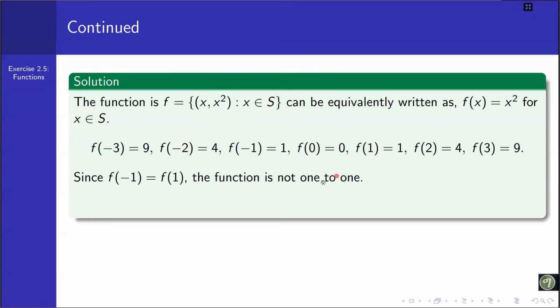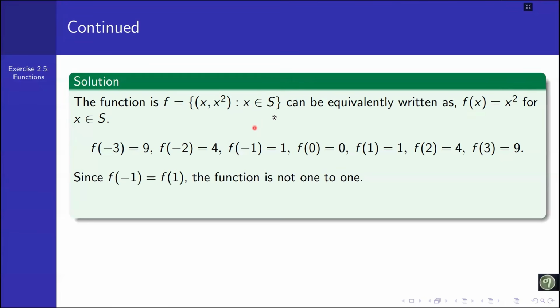ስለዚህ ይሄ ዋን ቱ ዋን አይደለም ማለት ነው። ሌላው ኦንቱ ለመባል ምክንያቱም ፋንክሽኑ ዲፋይን የተደረገው ምንድን ነው? ፍሮም ኤስ ኢንቱ ዜድ ነው። ዳት ኢዝ ሴት ኦፍ ኢንቲጀርስ። ስለዚህ ሴት ኦፍ ኢንቲጀርስ ላይ ምን አለ? ፖዚቲቭ ኢንቲጀር አለ፣ ዜሮ አለ፣ ኔጌቲቭ ኢንቲጀሮች አሉ። ምክንያቱም ኤፍ ኦፍ ኤክስ ኢኳል ቱ ኤክስ ስኩዌር ስለሆነ ይሄ ሁል ጊዜ ኔጌቲቭ ከሆነ ሶ ዳት ዴር አር መኒ ኔጌቲቭ ኢንቲጀርስ ዊዝን ዴት which doesn't have any pre-image under this one, that's